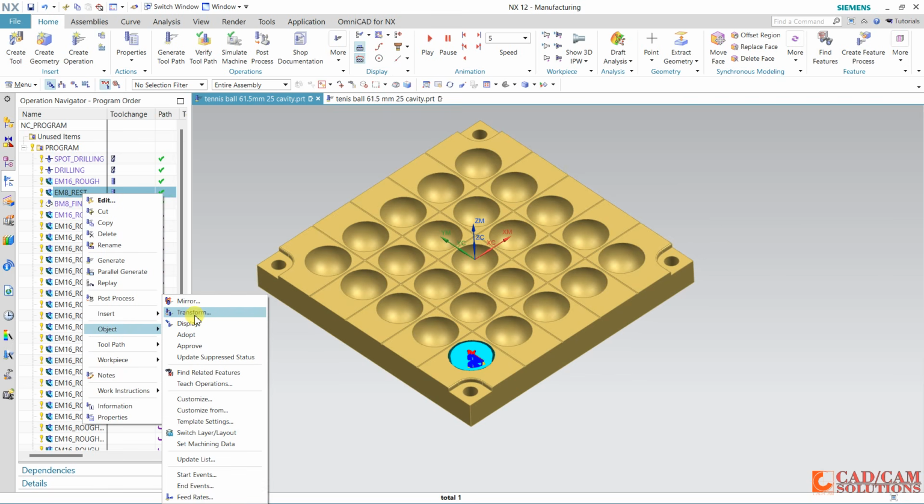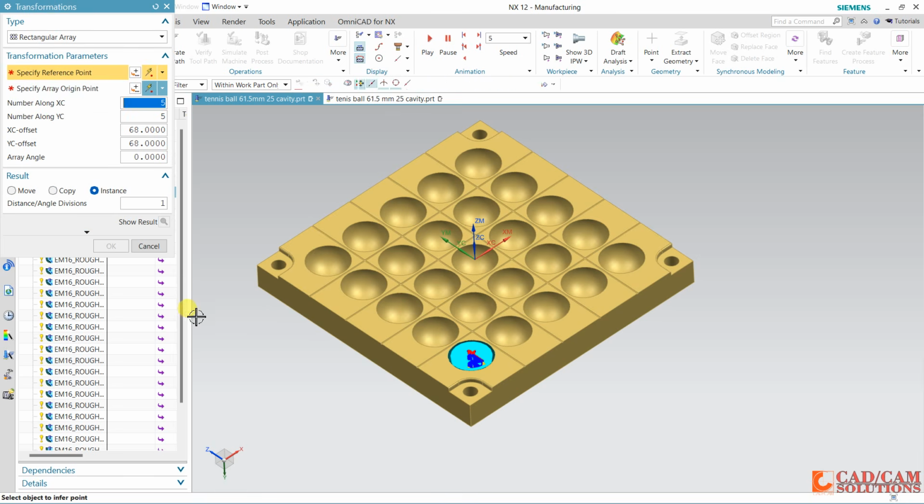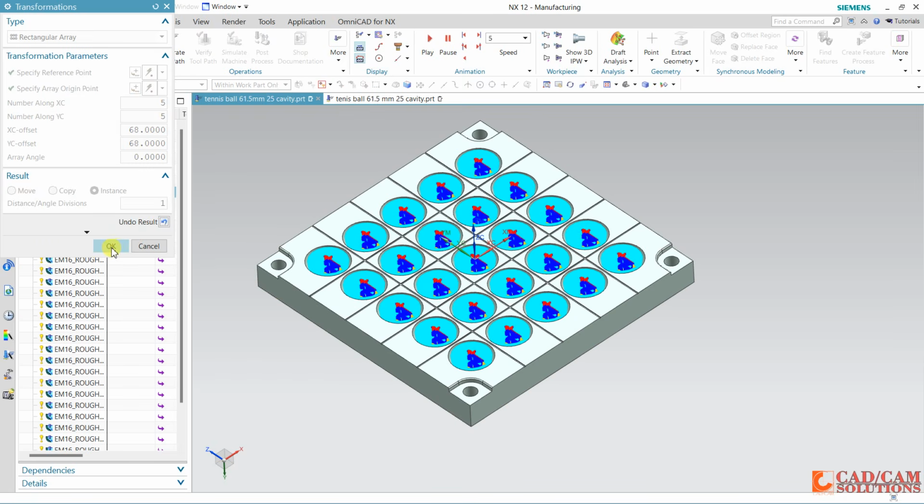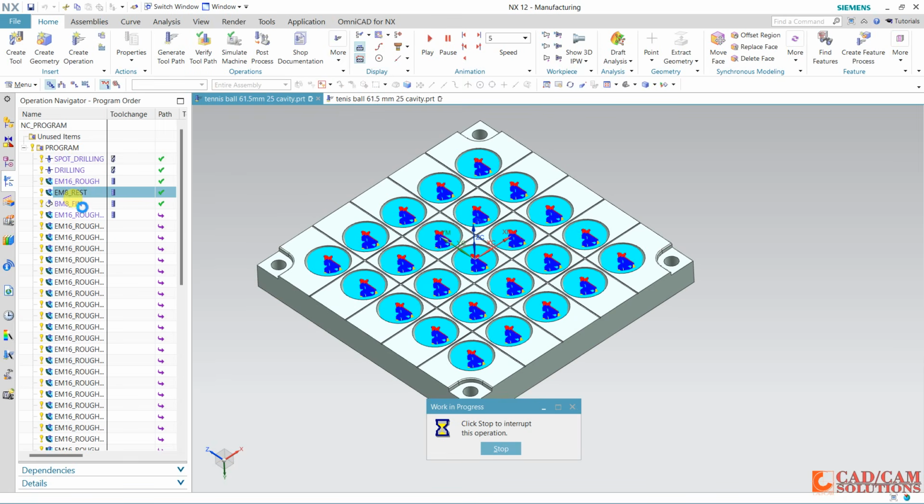Select this and transform, array point, preview. Okay, and same for this finishing operation.